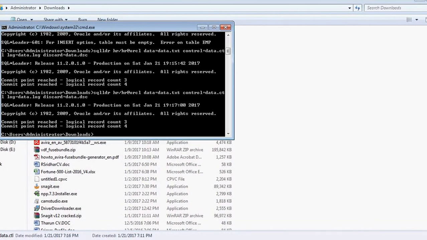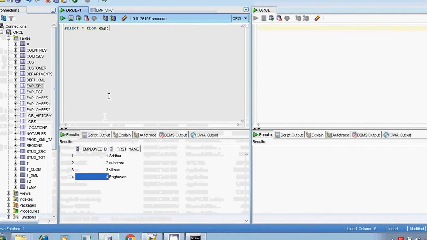As it is means the double quotes will also be inserted into the target table.